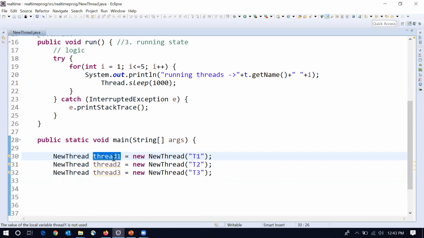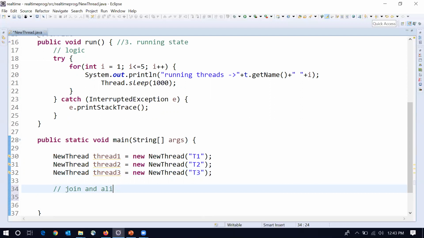So we are not sure which one will complete first. That is the reason we have to ensure that the main thread completes at the end. To ensure that the main thread completes after the child threads, we have to take the help of join and isAlive. Very, very important ones here.